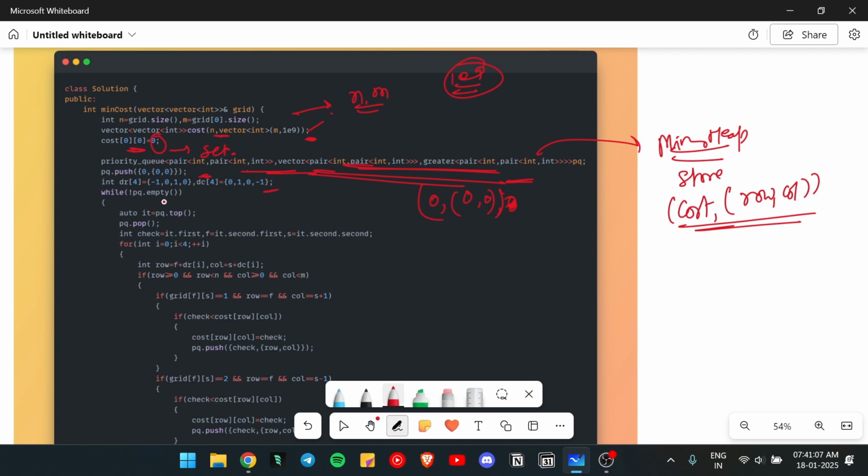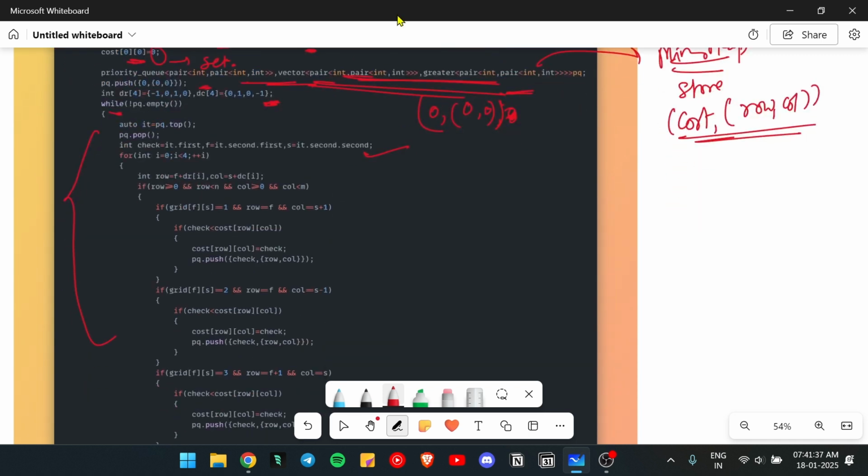And now the direction is the array of directions representing their grid values, like up direction, right direction, down direction, and left direction. So these are our directions. And now this loop continues while there are cells to process. So we have to run this while loop. And this is simple, we have to already declare their second dot first value, second dot second